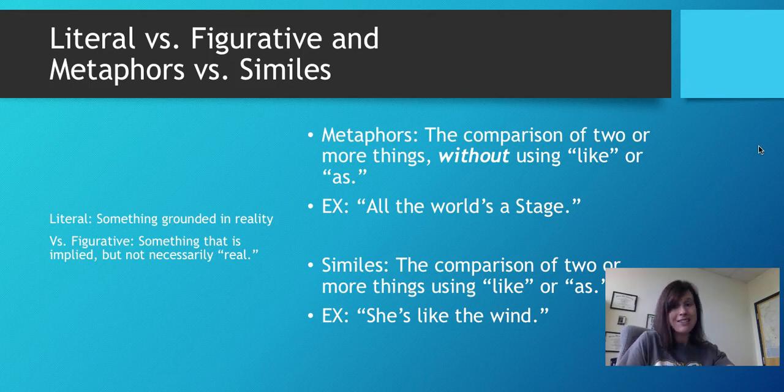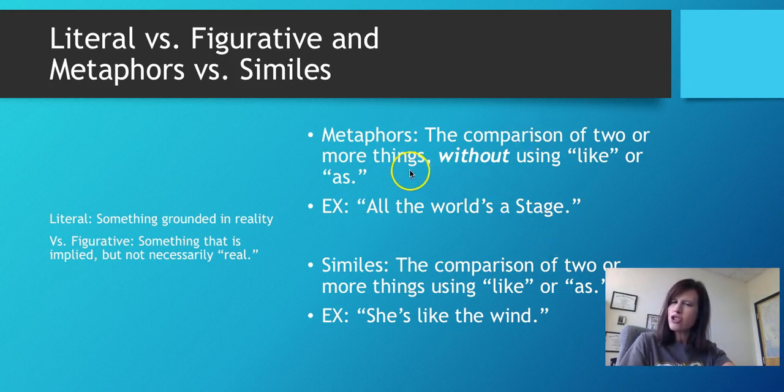And speaking of comparisons, we have metaphor and simile. I believe, in all honesty, that our culture, especially as of late, in the last 10 to 15 years, we have gravitated to the word like so much that similes are easy. A simile is just comparing two or more things with like or as. So think of Dirty Dancing, she's like the wind. Think he's like this, she's as crazy as that. If you can use like or as, which I know you can, similes are easy to come up with.